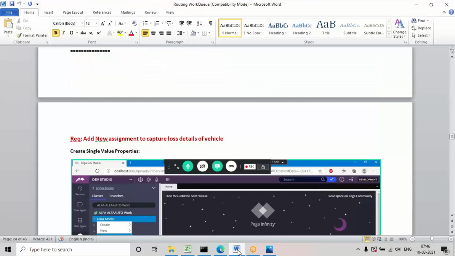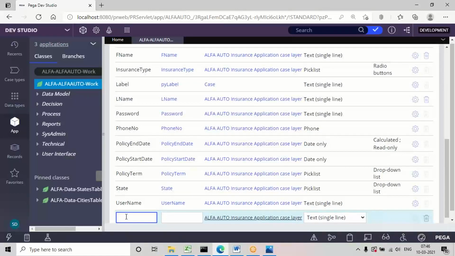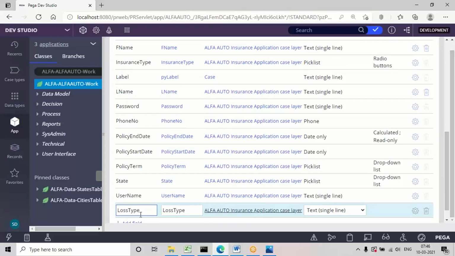So create a new assignment to capture the loss details of the vehicle, and add single value properties this time. You can create any properties; in real time you'll get a requirement for what properties to add.